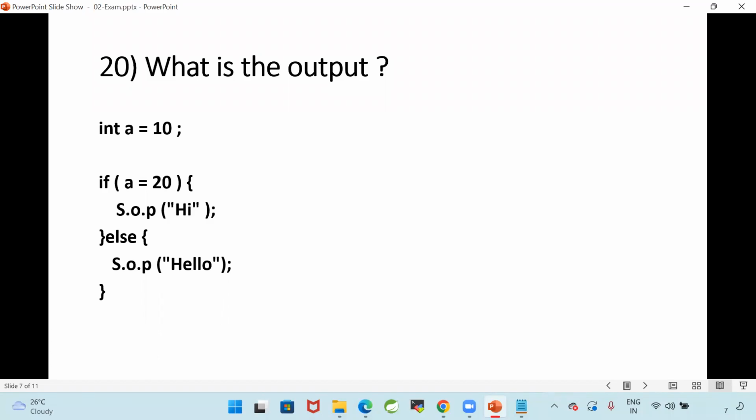Completed. Online people, don't write the answer in the chat box, guys. Just write down on your book. What is the output? Read the code line by line and understand what is the output.